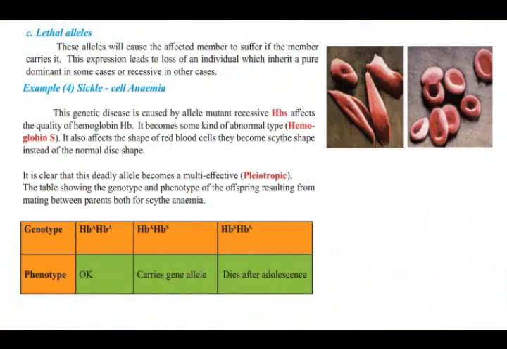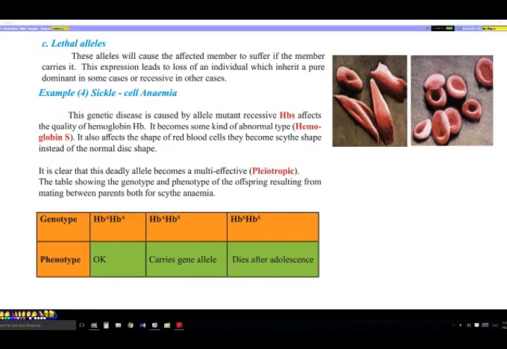Lethal alleles. These alleles will cause the affected member to suffer if the member carries it. It means there are a couple of genes, or a gene, which cause abnormalities in organisms which carry it. The expression of these genes or alleles leads to the loss of an individual, causing death of the organism which inherited